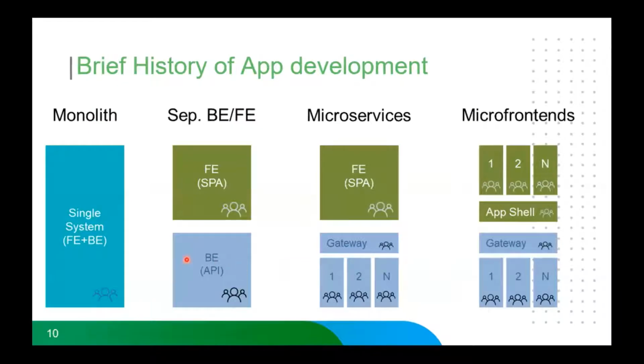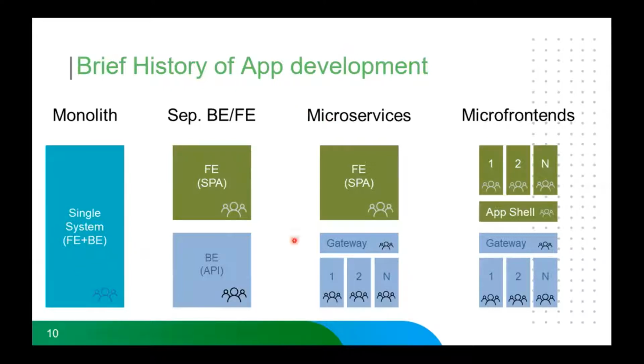As I mentioned on the previous slide, the monolithic one has a single system with front end and back end as a whole. In this, if any problem occurs, there's a single point of failure. In the second part, with front end and back end separated, if something breaks on the front end, the partial page or the particular page will be broken, but the rest of the system will be working fine.